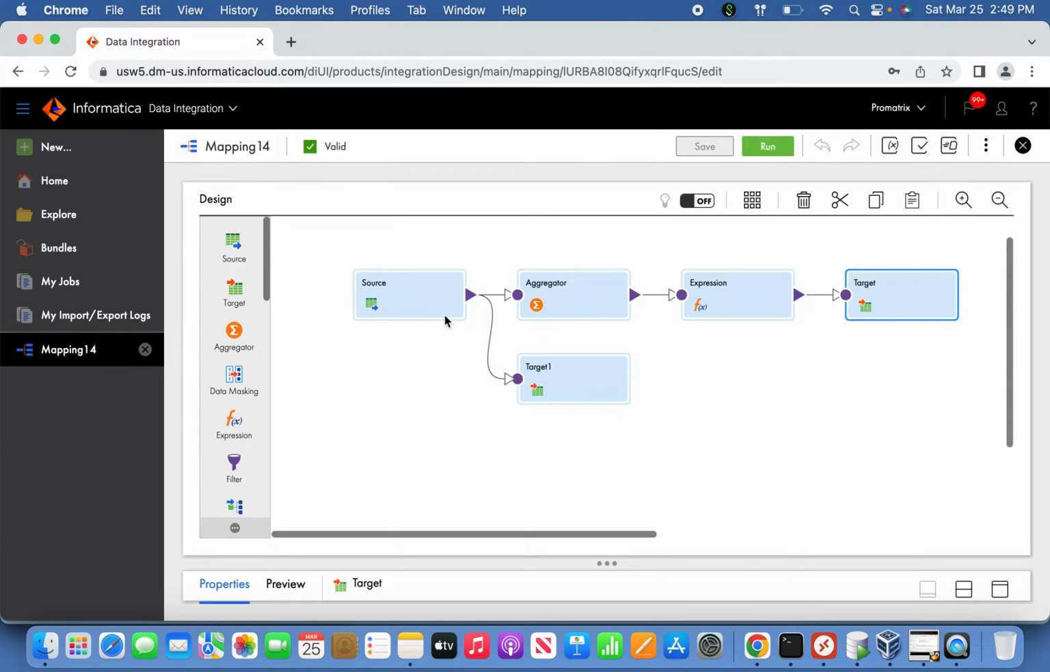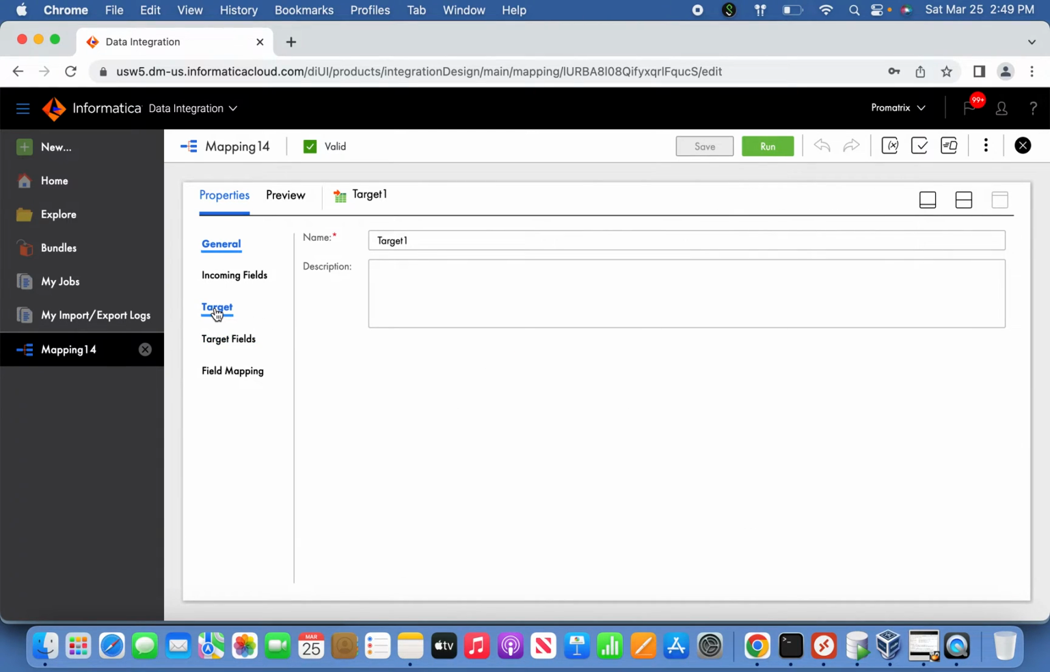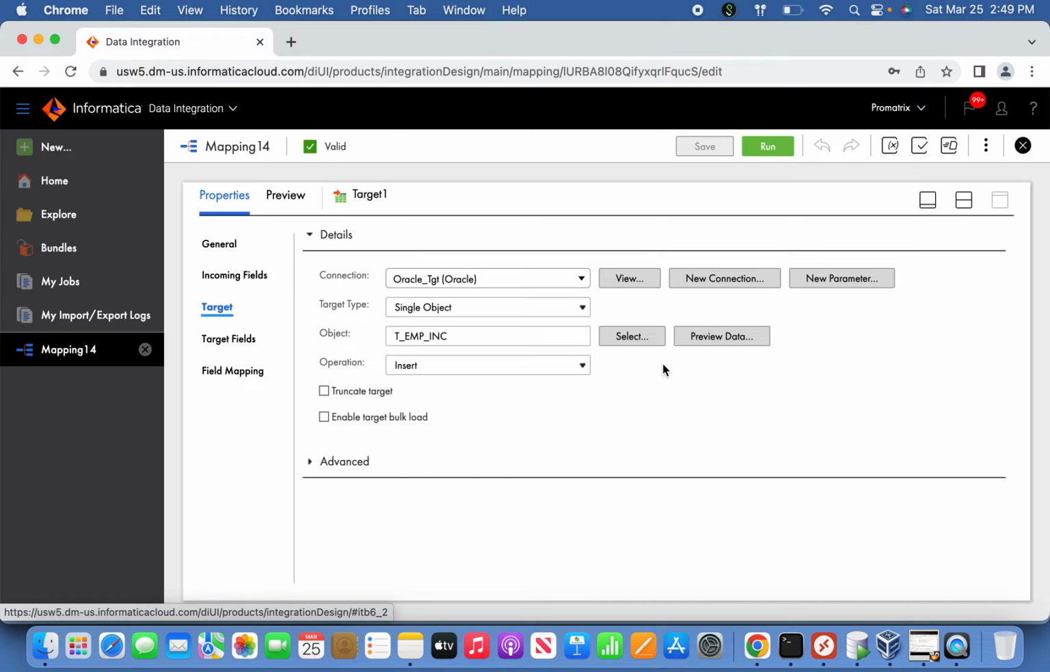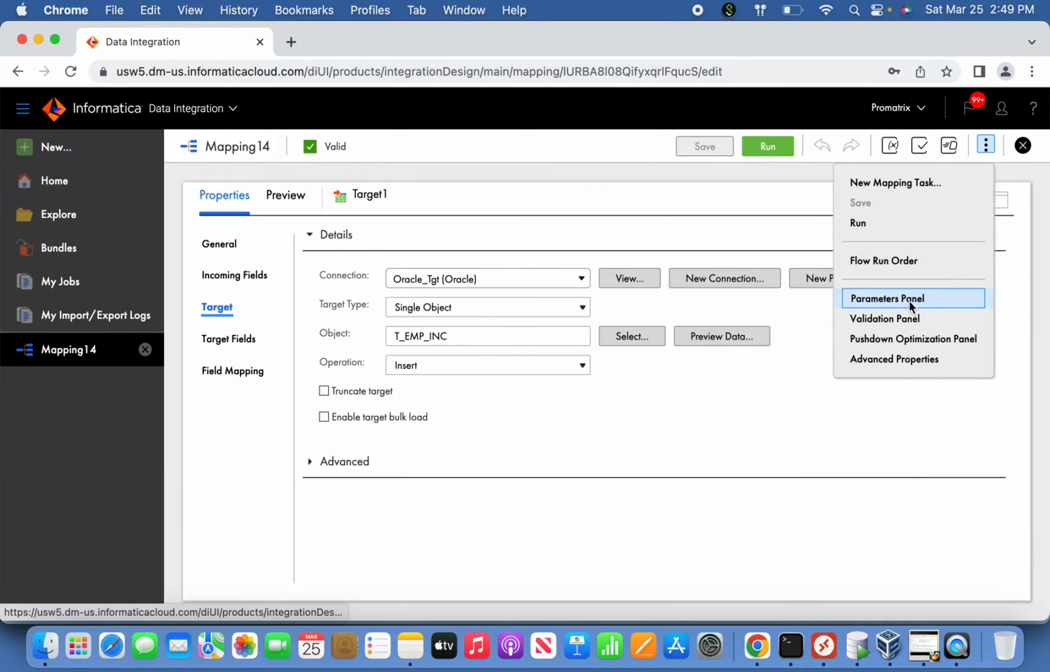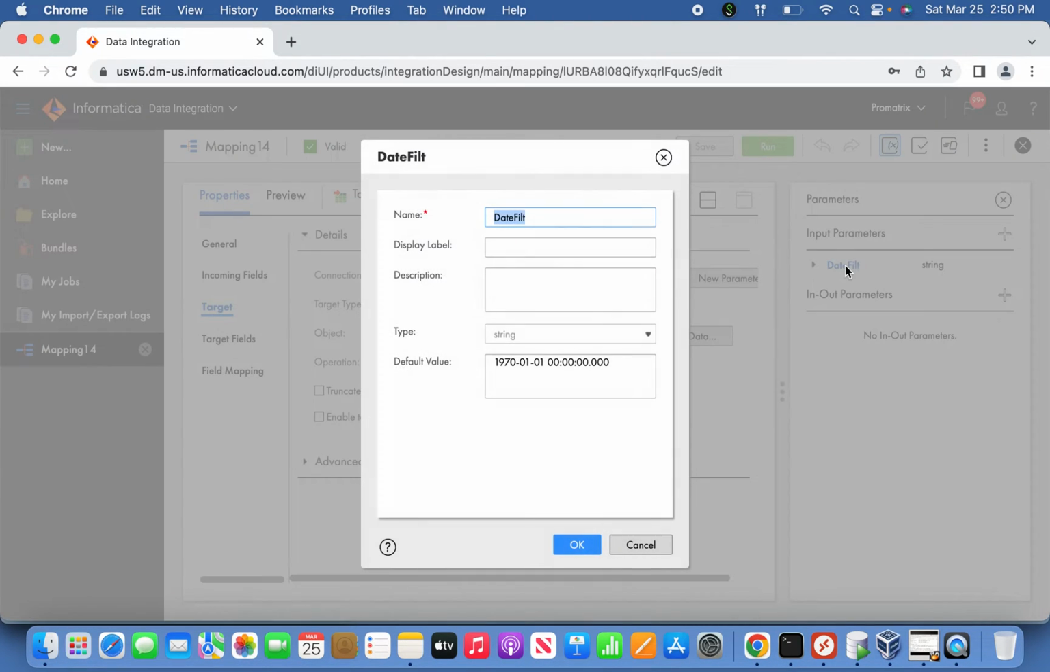Then the target file, so this is one connection, and the second side is the target. In parallel it will push the filtered data. So for the first iteration, what will happen is it will load all the data. See the parameter file, here I have defined the parameter as